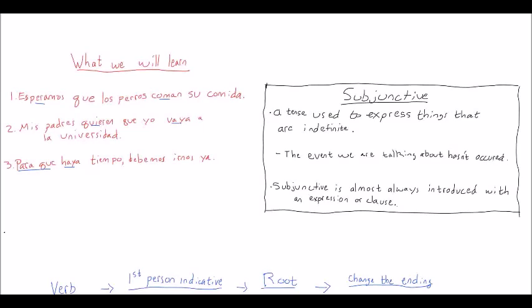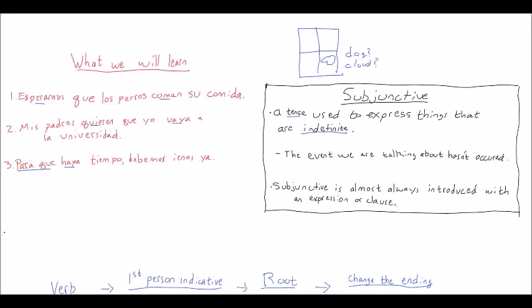Now, first and foremost, the subjunctive is a tense. It is a way that we conjugate verbs, and we use it to express things that are indefinite. Indefinite's an important word, so let me explain that to you. It means without definition, or it's unclear. Imagine a window that's foggy, and there's something on the other side. We don't know if that's a dog or if that's a cloud on the other side because the window is